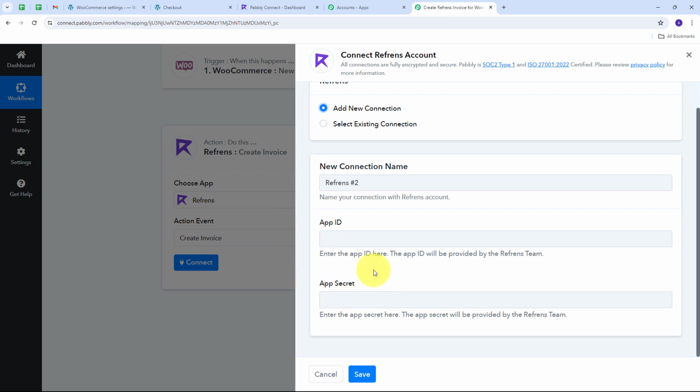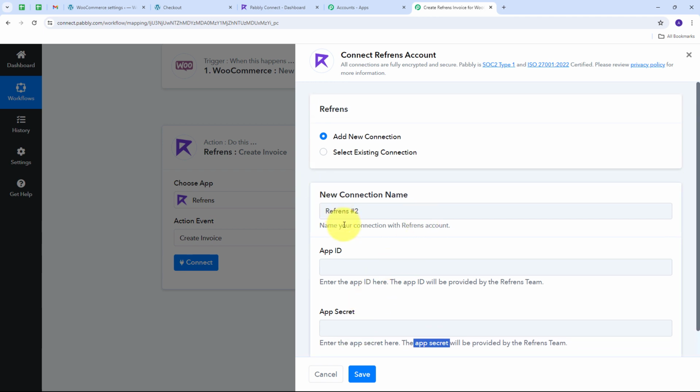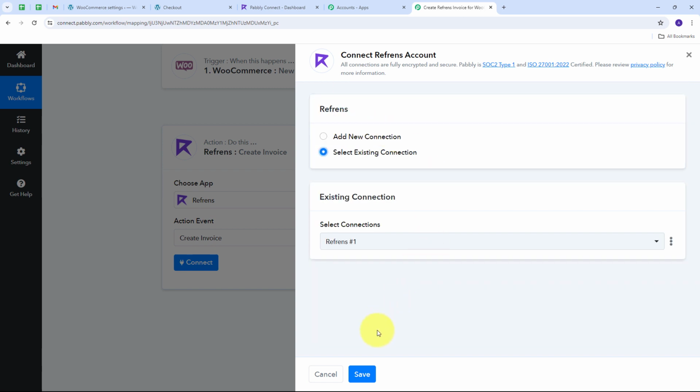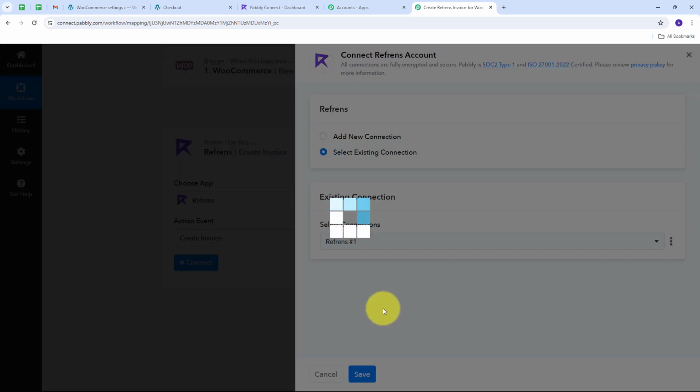For that you need to contact your Refrens team, and you will get your app ID and the app secret. So I have received these details from my Refrens team, and I have already built this connection between Refrens and Pabbly Connect. So I'm going to use this existing connection, and you can build this connection by filling out these details. So I'm going to use my existing connection, and now I need to click on Save,